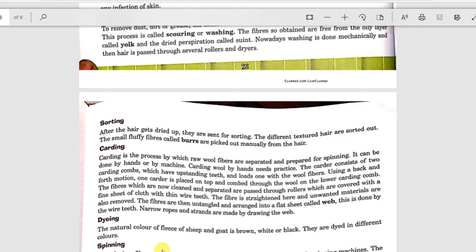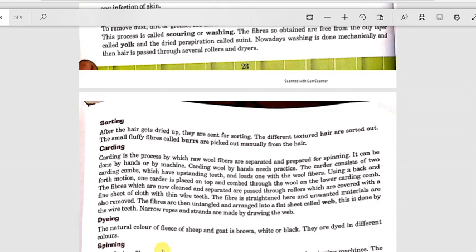After that they are passed through rollers which are covered with fine sheets of cloth with thin wire teeth. The fiber is strengthened here and the unwanted materials are also removed in the process of carding.